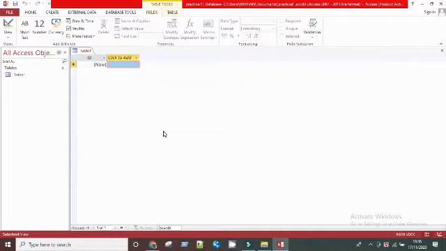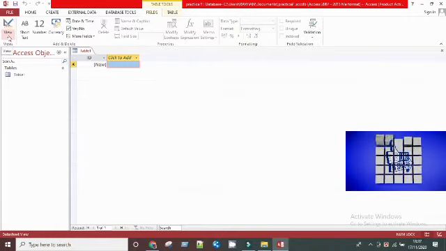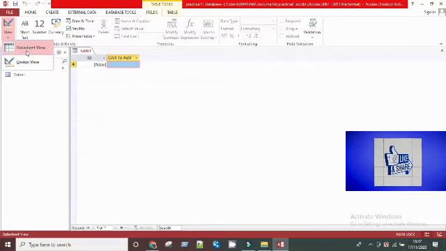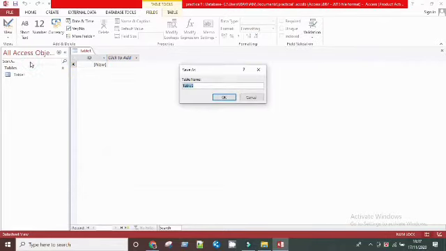I will choose a table, and it will create a table for us. But before creating a table, we want to design our table first, right? So I will click this button, design table. A dialog box will appear where you have to name the table. I name the table student information and click this button.